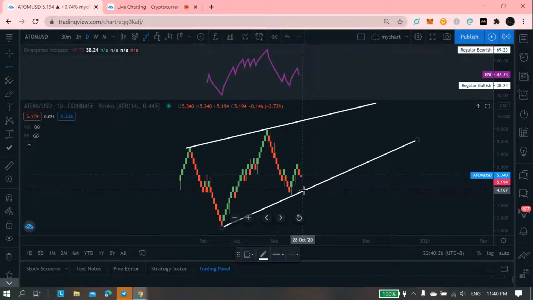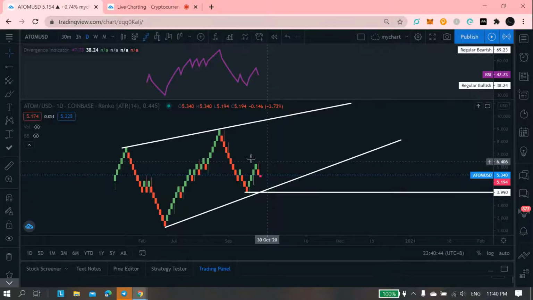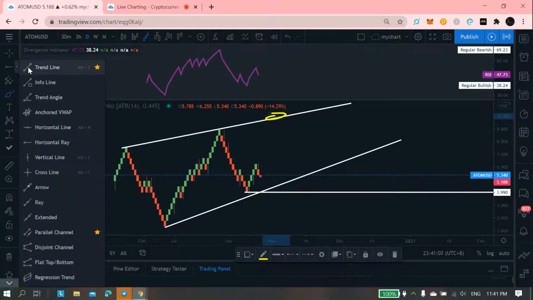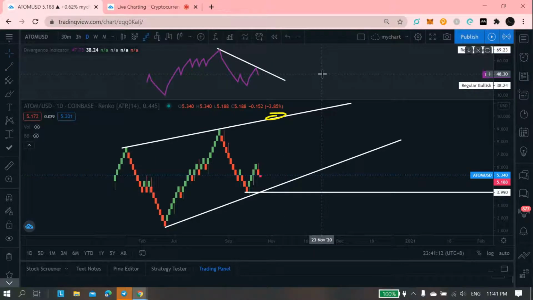I'll just wait here around this area, around the 4 dollars area. And of course, the immediate resistance I'm looking at is this area around the 6.2 area. And breaking this area could possibly retest this area of around at least 9 or more than $9. So for now, it seems like it's a pullback there for Atom. So yeah, I'll just wait for it at